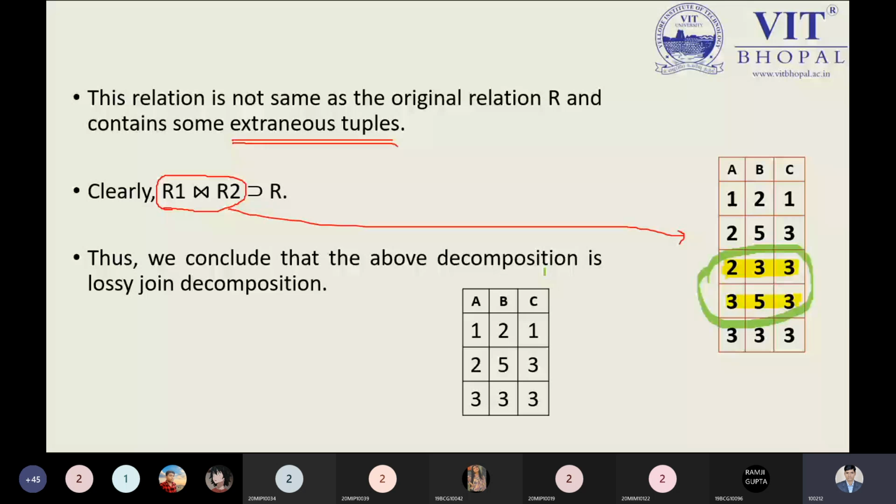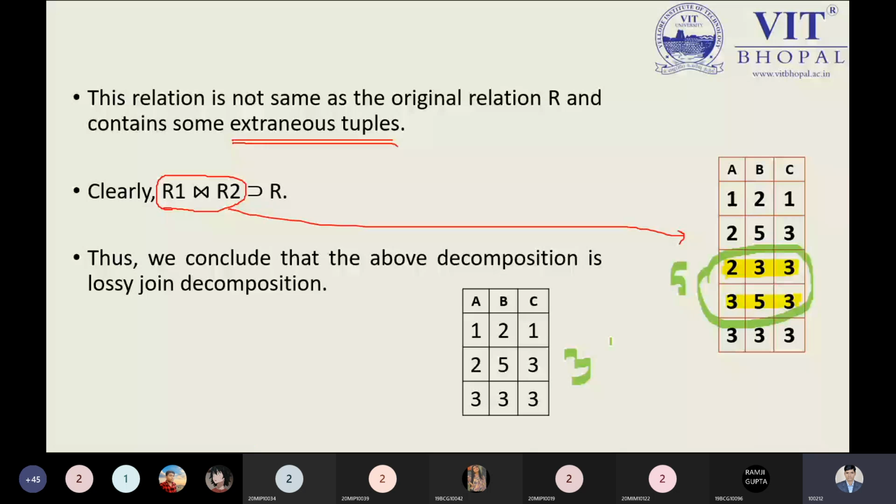But here we have the lossy, then we can have fewer or more tuples. Ultimately, here we have 3 tuples, but here we have 5 tuples, which are not equal.